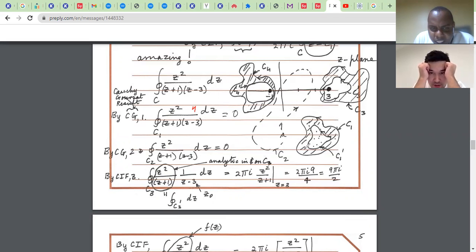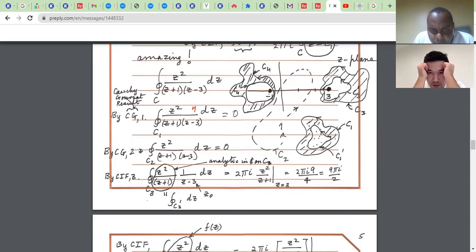Because it's analytic inside of the curve. Along C2, it will also be 0, because it's analytic also. But along C3,